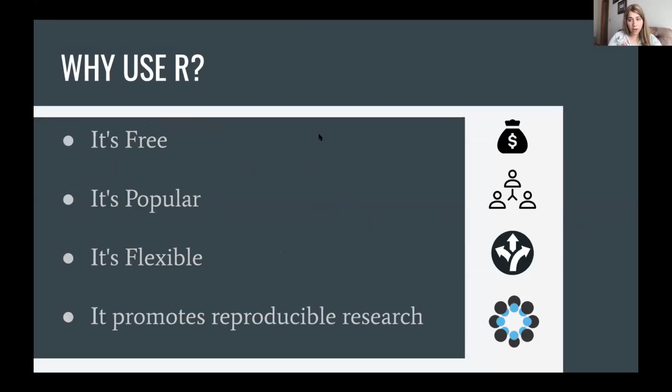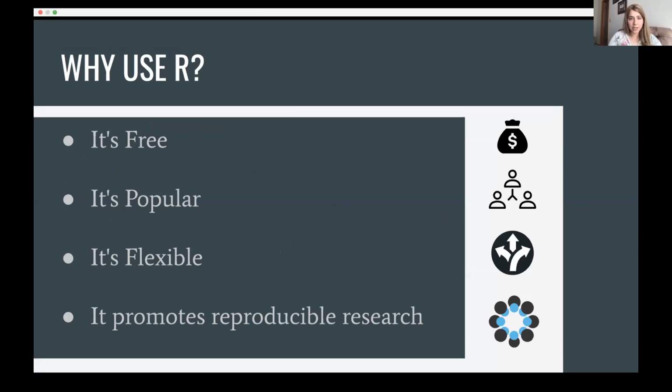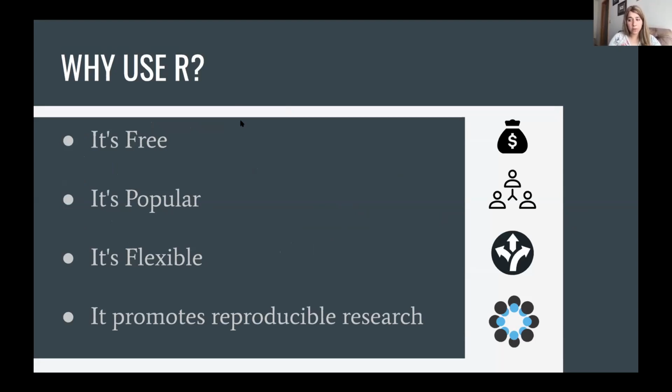So first off, why use R? Well, first, it's free, and I guess we can all agree that that's a really good thing. It's a good thing not only because you don't have to pay for it, but also because being free allows it to be updated more regularly than proprietary software. So I'll talk throughout this talk about how R really empowers users to be co-authors of the R language. People can create packages and really extend what R can do. And this allows R to be constantly updated, which is amazing because it really expands the things that it can do.